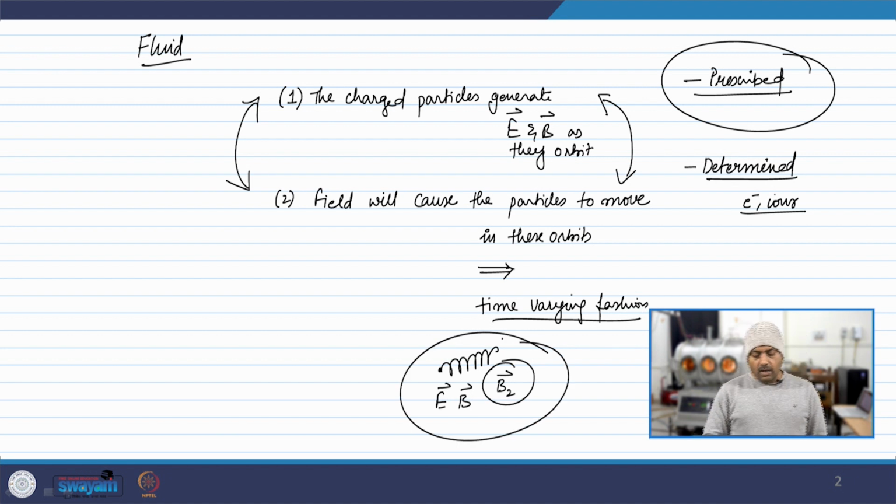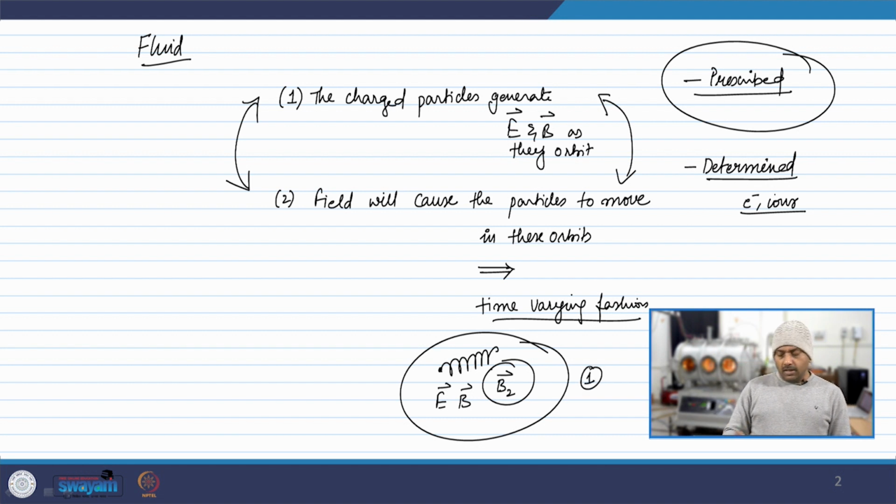So, what I can do is, if I consider a single particle, since I know what will be the electric field that can be generated out of this particle's movement, given the velocity and the kinetic energy and so on, I can also make a measure of the magnetic field that will be generated, and with respect to these two, I can predict how this particle will move in a time varying fashion. So, what will be the position of the particle or the radius of the particle or any associated physical parameters that will be generated as a function of time for this particle, if it is one particle, right.